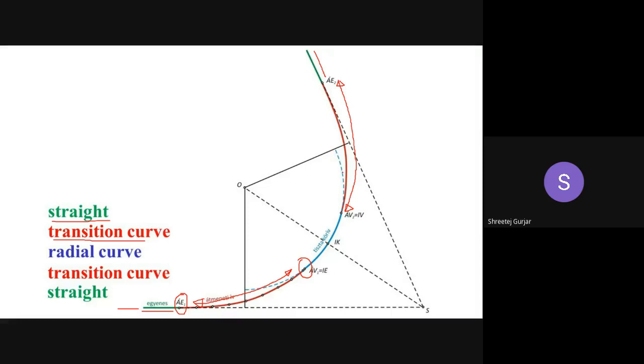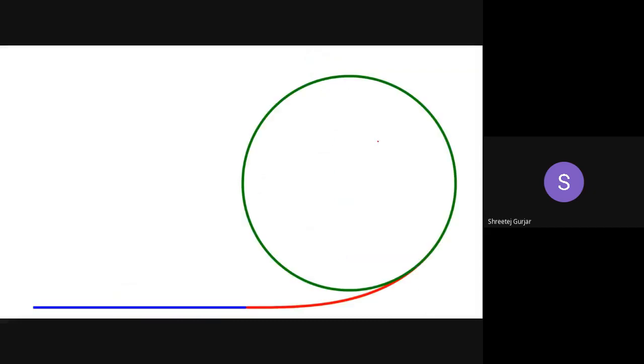You can see the circular curve is starting from here to here, but the road is going into the circular curve via a transition curve. We have to learn a few characteristics, a few necessities of the transition curve. In this image also you can see to enter into a circle from a straight line, we need to provide a transition curve. You can see clearly in red there is a transition curve which is going from a straight line slowly curving into a circular curve. So this is why a transition curve is required. I hope the idea of a transition curve is clear.